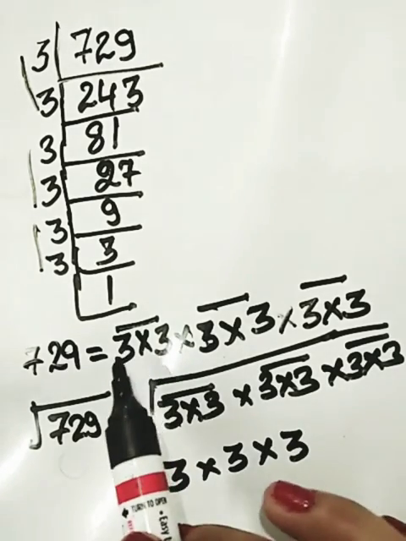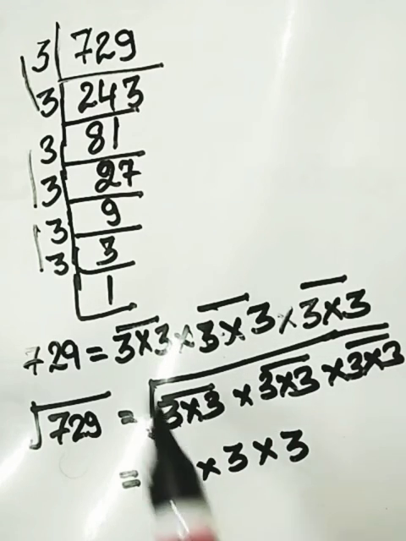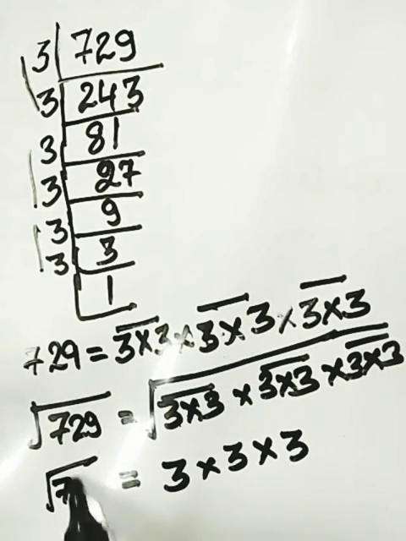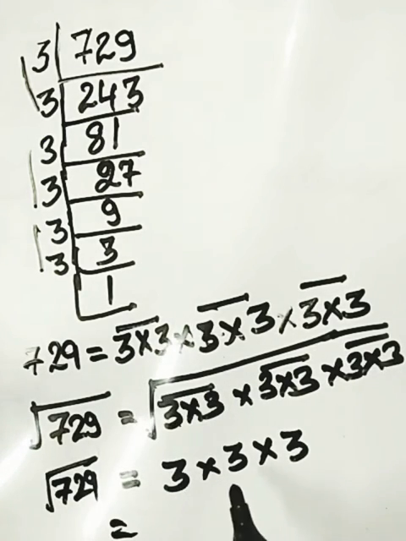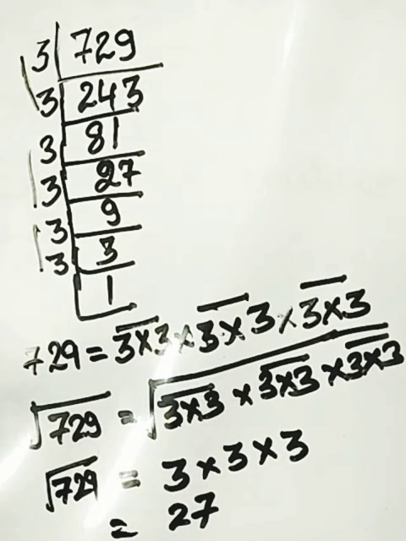So what we have to do, the two sets of a number, we will take the square root by taking only one set of number. Okay, so 729 square root is how much now? 3 3s are 9, 9 3s are 27. So this is how we have done here the square root of 729. Now let me take some more examples.